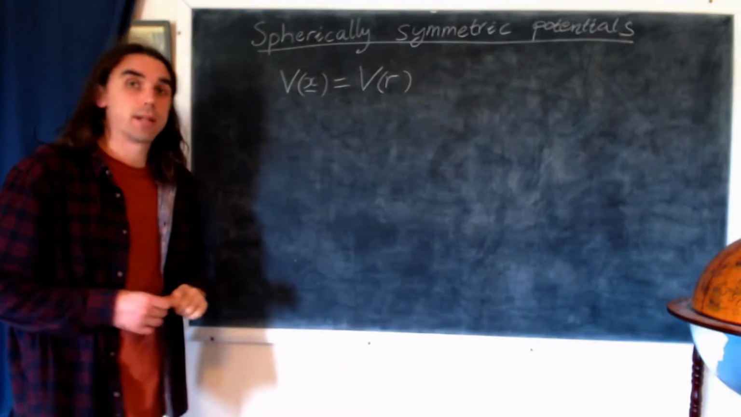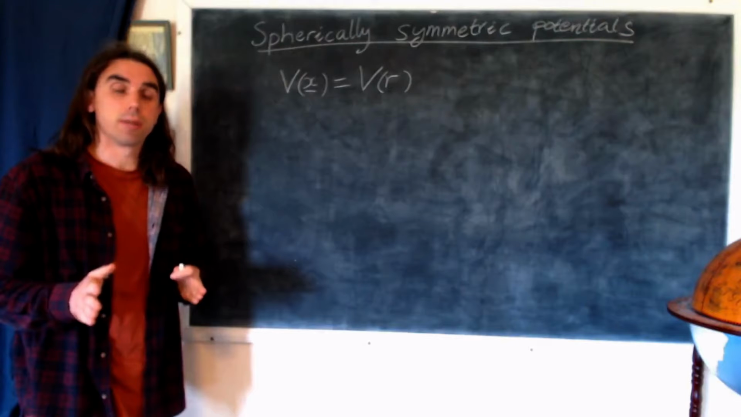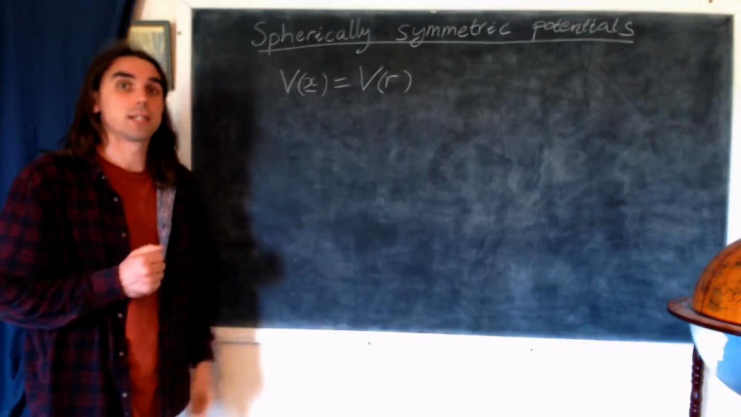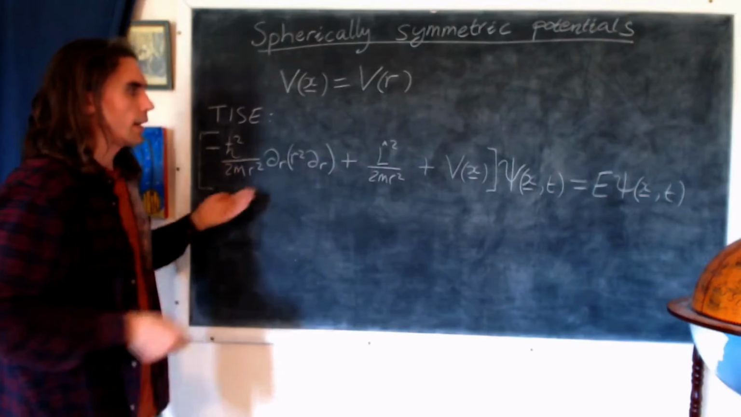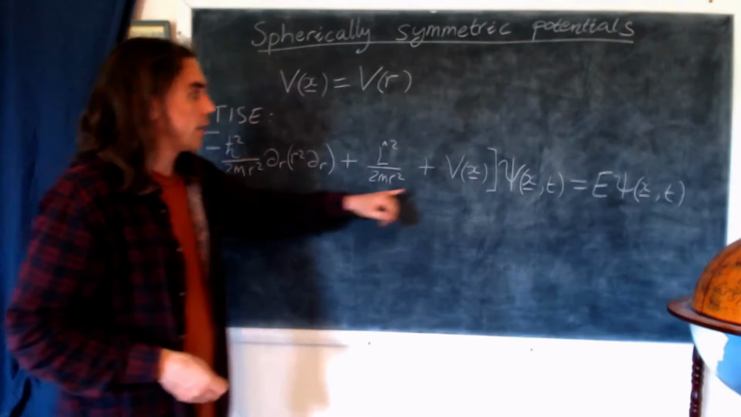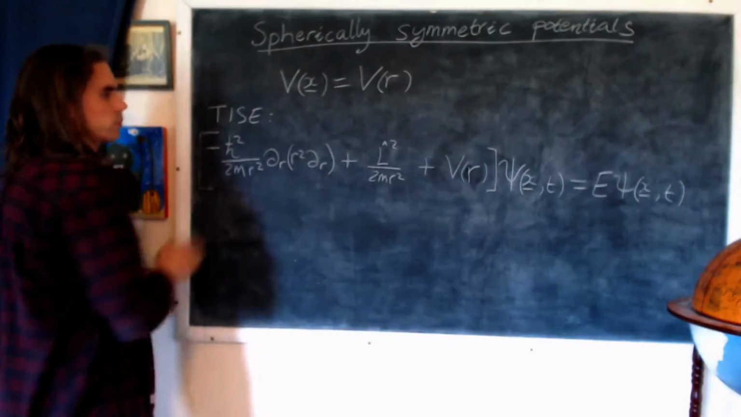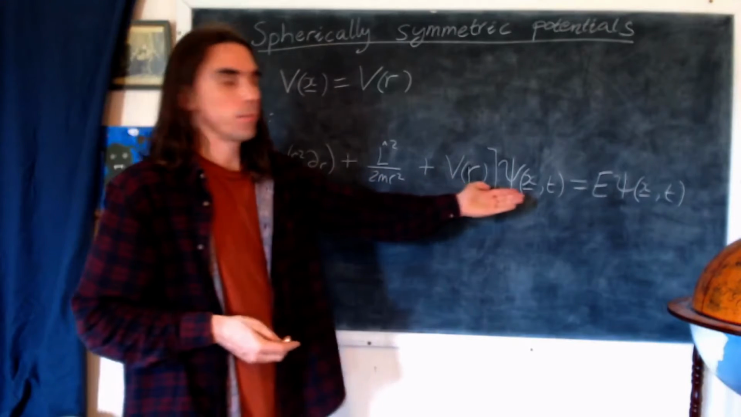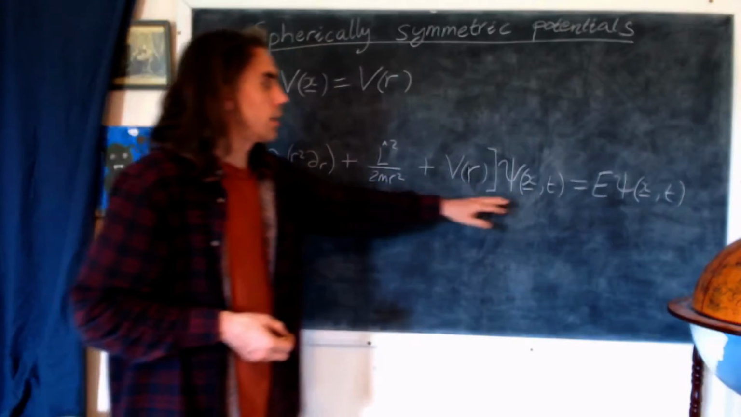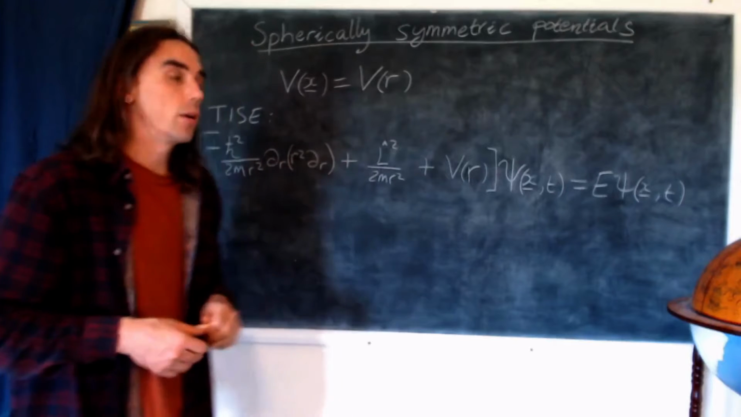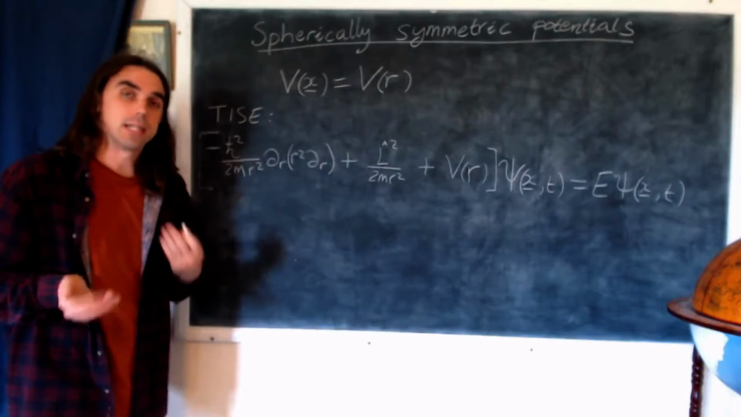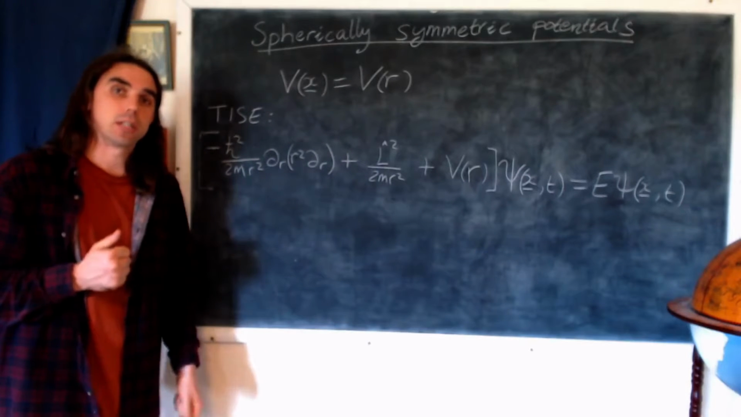So our time-independent Schrödinger equation in general in 3 dimensions in spherical polar coordinates takes the following form, as we saw in a previous video. So now our potential term is only going to be a function of r, giving us the following. So our time-dependent wave function psi, we know can always be separated into a time-dependent part and a spatially dependent part,